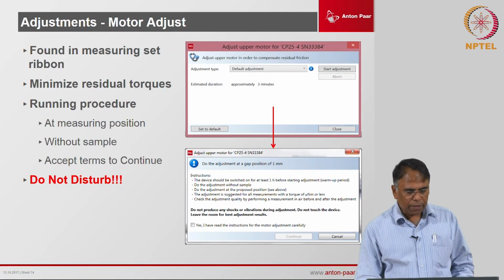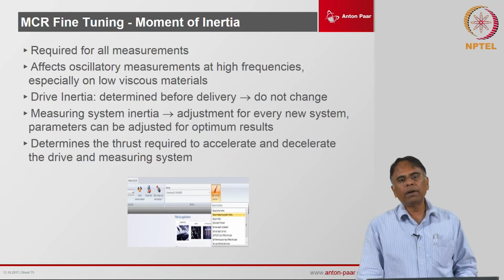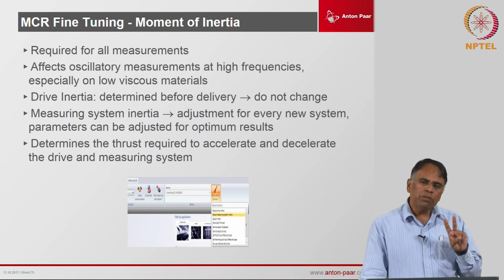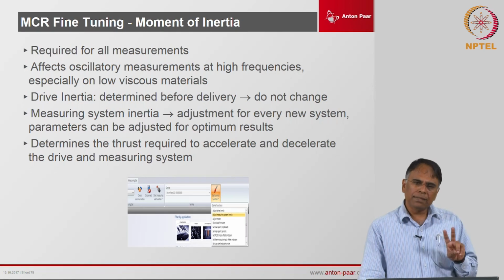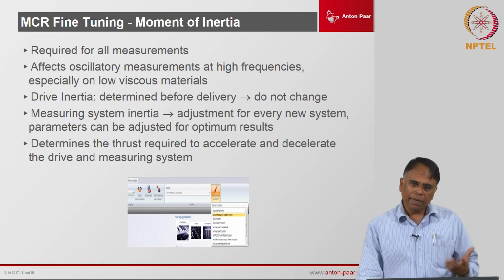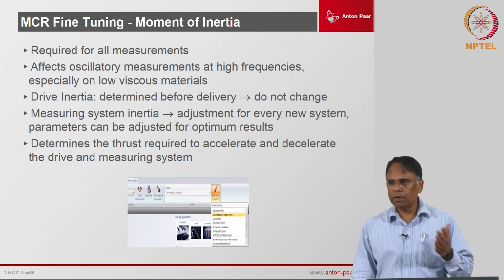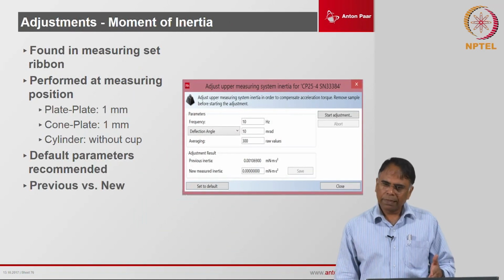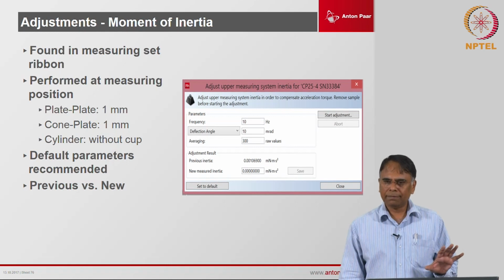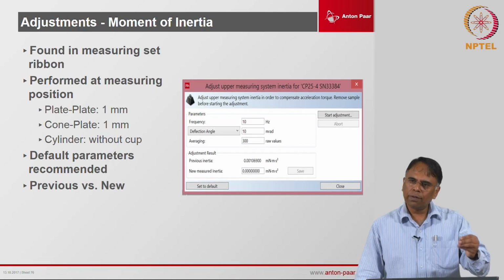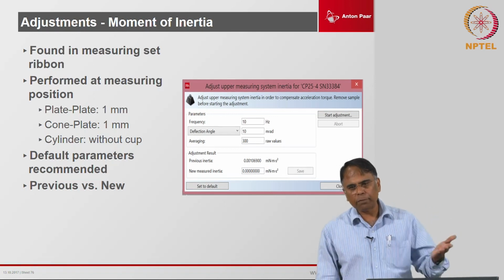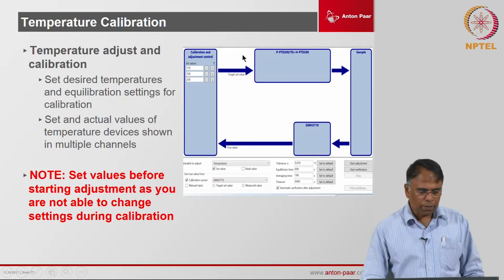So, this is what is done, and always keep on tracking and recording the right inertia of all the geometries. Okay. So, these are, I think, two very necessary things that you need to do in terms of regular upkeep of the instrument: the motor adjustment and the inertia of the geometries. Both these things together will take altogether 5 minutes. So, you need to put your tool without any sample, do a zero gap, do one inertia and motor adjustment. Either way around, you can do a motor adjustment or inertia and motor adjustment, not an issue over here.